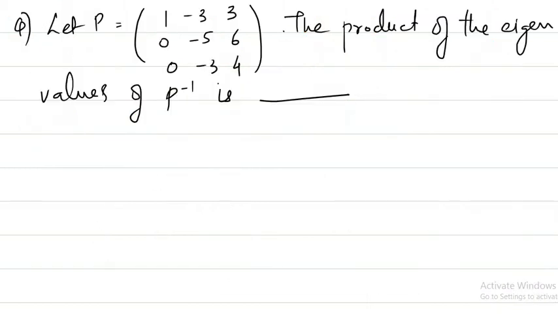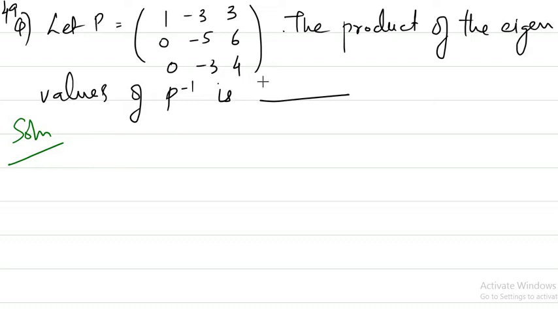So let's move on to the next question. It is also question number 49 in the sheet. You can see we are given a matrix P and we are asked to find the product of the eigenvalues of P inverse. Looking at this problem, we will think it's actually a very tough problem, but it is also a very simple problem. You just have to use some small basic ideas to solve this.